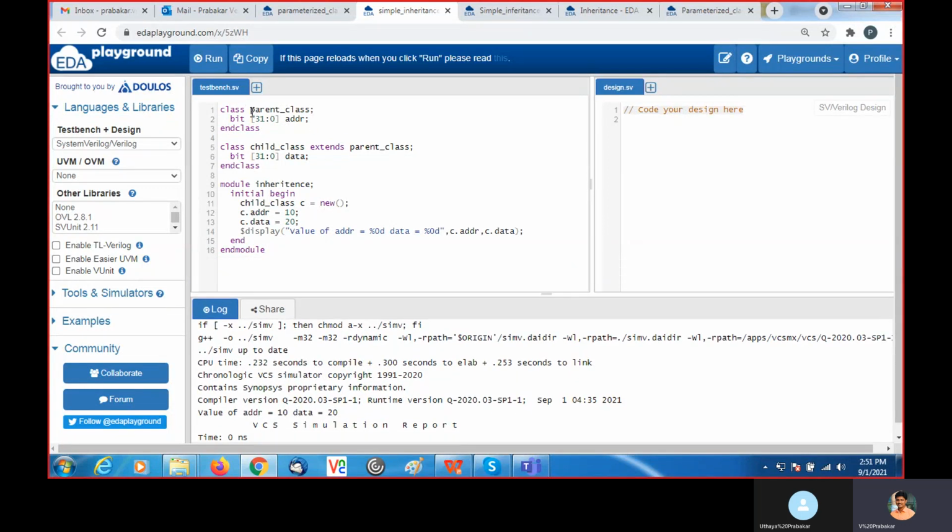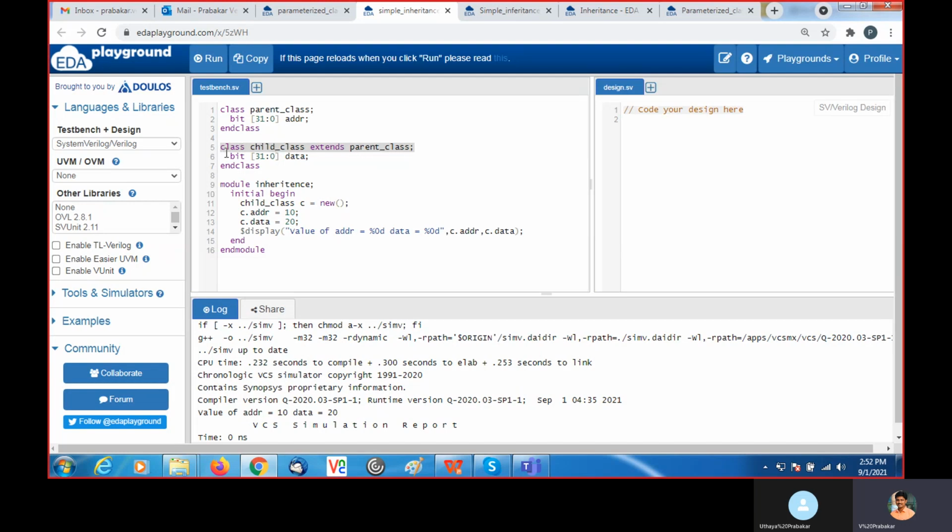So this is the parent class. It consists of address, which is a property of the parent class. Now I create a child class. I am doing the inheritance with the help of the extends keyword. The parent class name should come here. Class child class extends parent class. This is the general syntax.